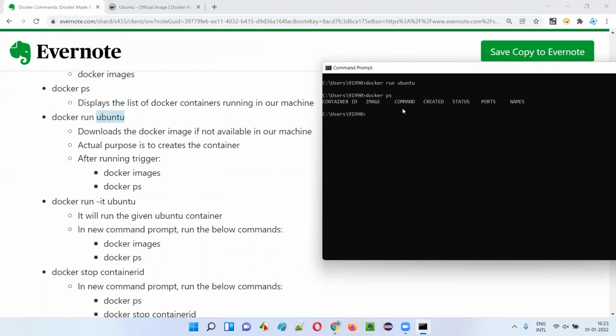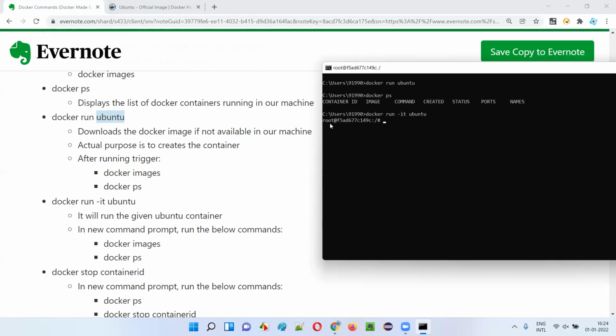No container is available. But there's one more command, guys, that is docker run -it Ubuntu. That means if the Ubuntu container is already there, it will run it. Otherwise, it will create the container and run it. Only the extra -it we have to give for this purpose. Docker run -it runs the Ubuntu container if it is available; otherwise, it creates this Ubuntu container using the Ubuntu Docker image and then runs it. So that's the process, guys. I'll give Ubuntu here and press enter. Since the Ubuntu container is not available, it will first create and then run.